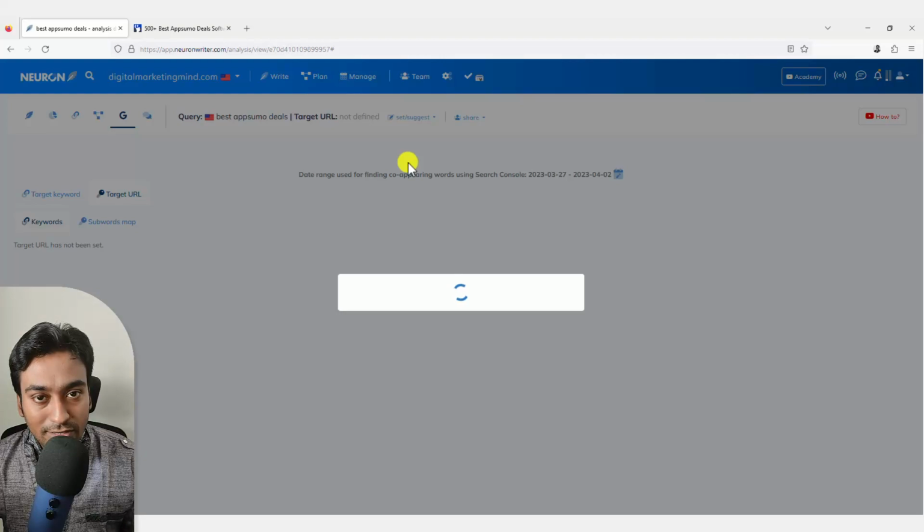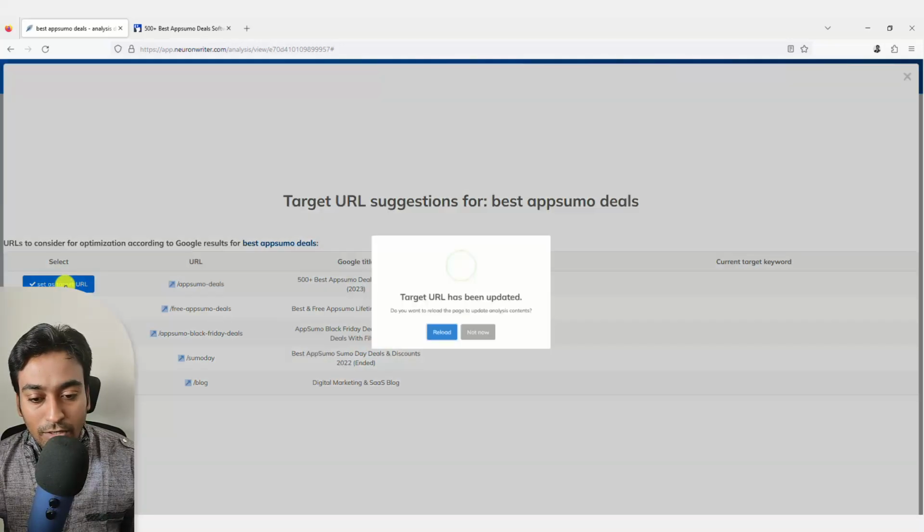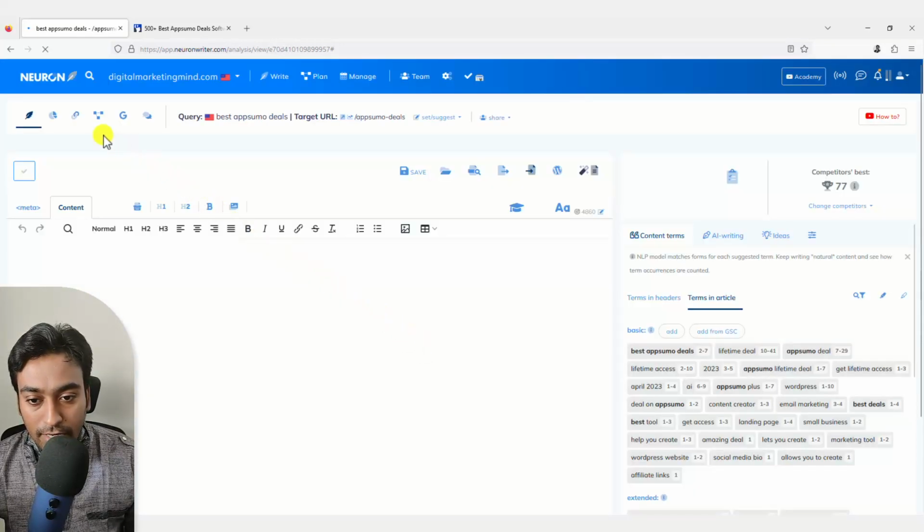So I have clicked on suggest a URL, and based on the URLs I have provided, it automatically gives me some suggestions. You can see it has obviously identified the main article, which is the AppSumo deals. I can just click on this, or if I want to optimize this keyword for a different content piece, I can do that as well. So I'm going to make this my target URL and reload this page to have the data updated,